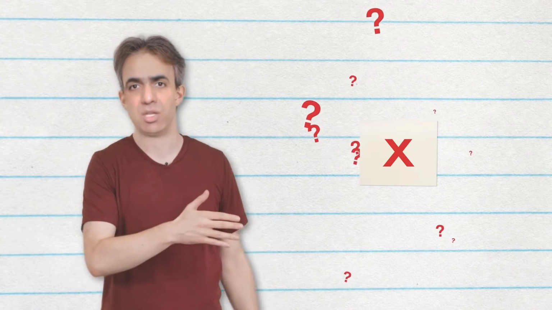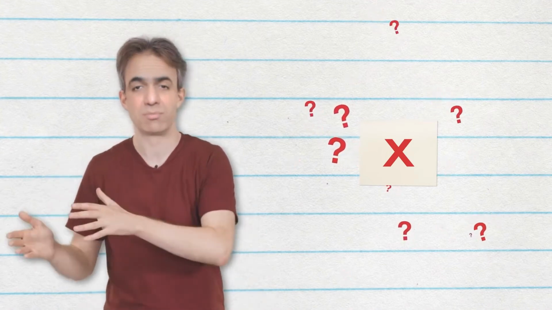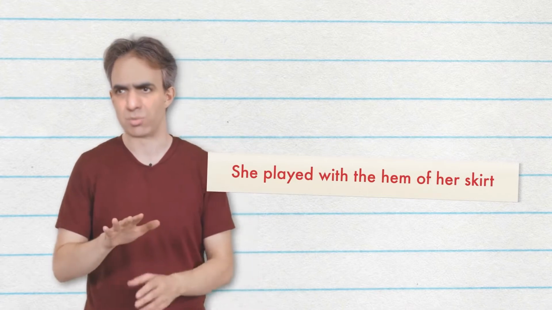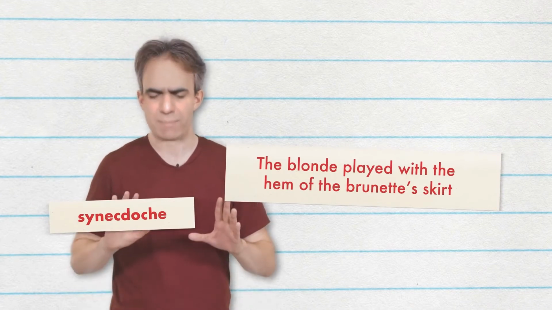Now, there are plenty of sentences where the X is ambiguous, where even humans don't have enough context to work out which pronoun refers to which person. If you're writing a gay romance story and both of your main characters use the same pronouns and appear all the time in the same sentences, then it's going to get confusing fast. In more amateur work, like slash fiction, inexperienced writers often try to clear that up with synecdoche in place of pronouns. But that's awkward. More experienced writers tend to use context and careful sentence construction, and readers never notice it.